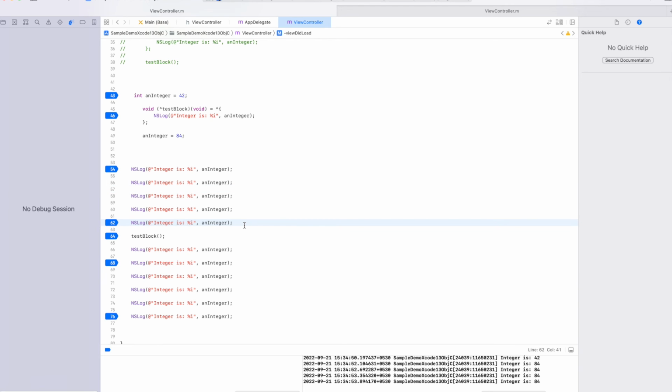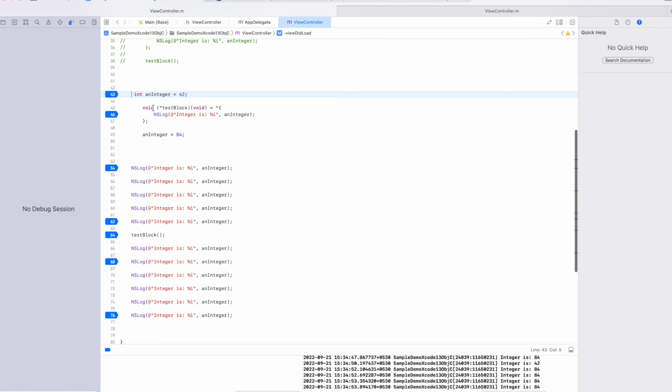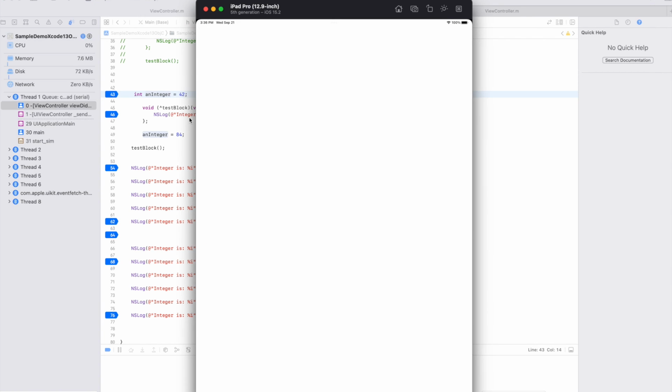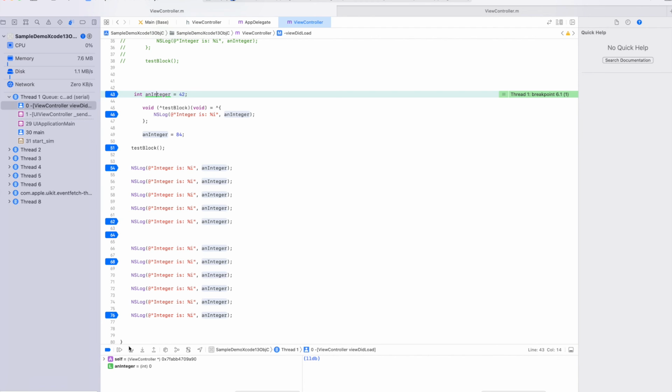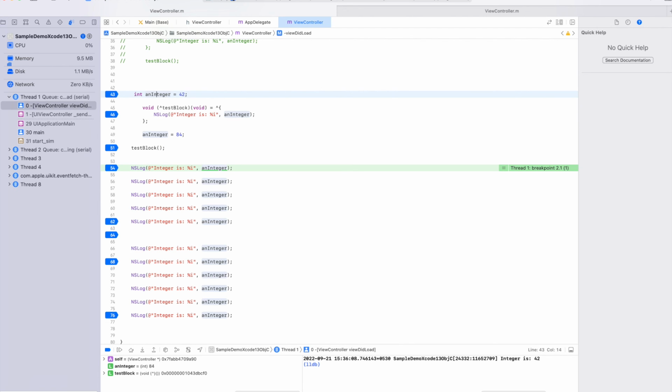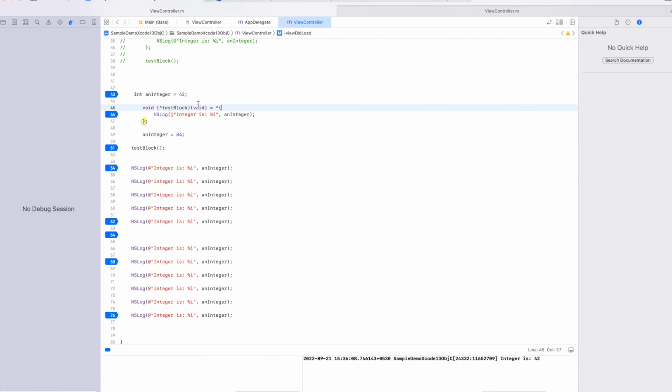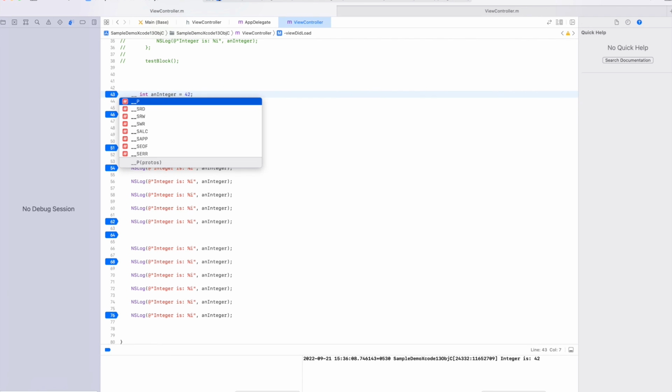And one more thing, if I am writing to show, then the output was 42 initially, right? Just look at this. I wrote this one, so initially my initial value is 42. Then what will the output? The output will be 42. But if I write block here,